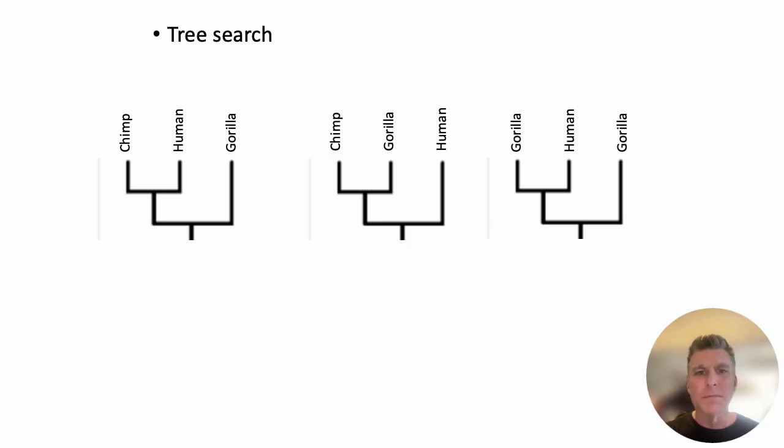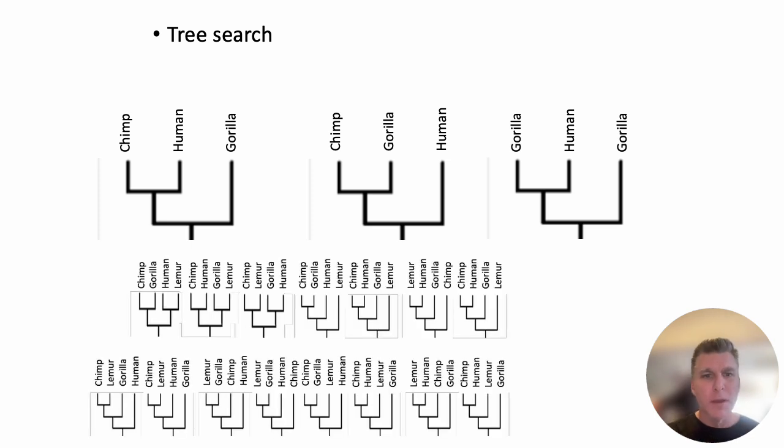All right, so what about if we have 4 taxa? So we just learned that for 3 taxa, we have 3 different possibilities. What if we have 4 taxa? Now all of a sudden we have 1, 2, 3, 4, 5, 6, 7, 8, 9, 10, 11, 12, 13, 14, 15 options. Okay. So we increased our taxa by 1, but we increased our possible solutions by 12,